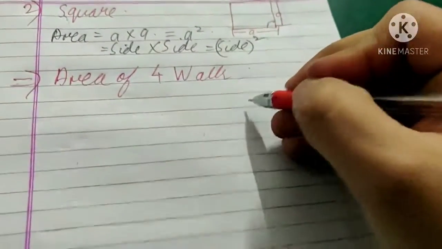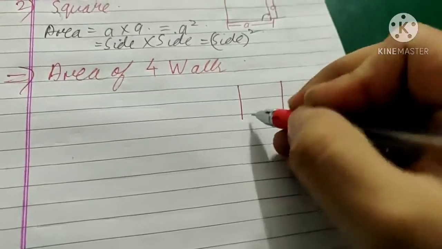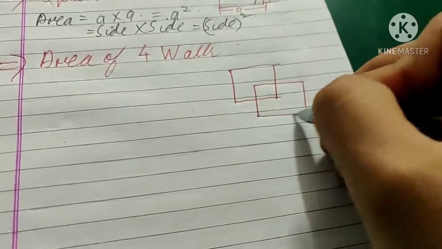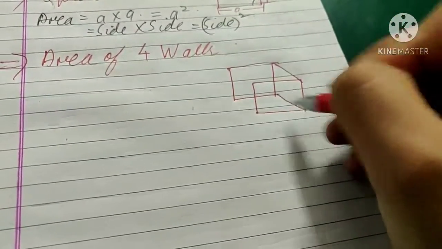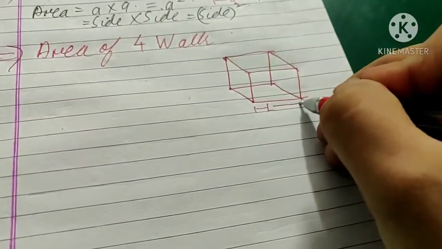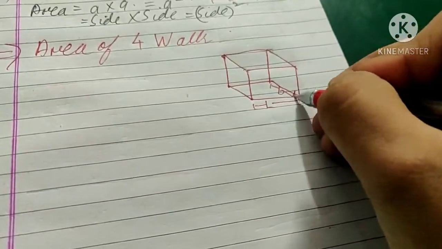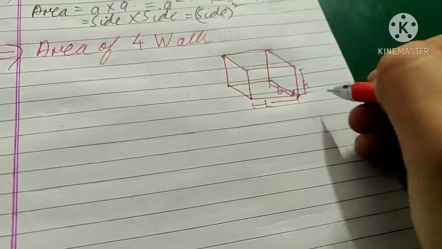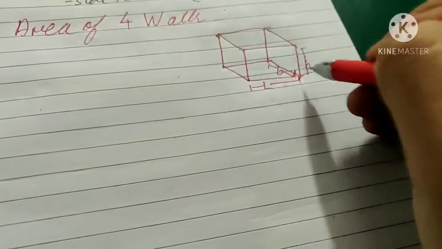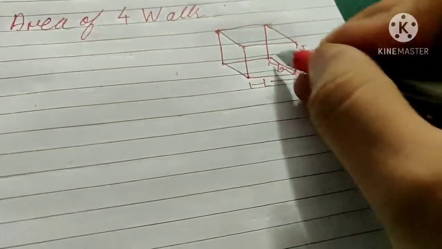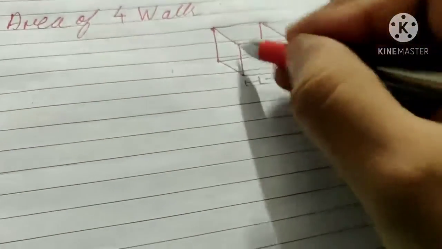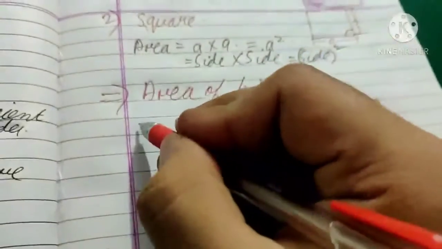You can say a room is a type of such figure that I am constructing, a box, where this is length, this is breadth and this is height. You have to calculate the area of 4 walls. Look, length of the room, breadth of the room and height of the room. You have to calculate the area of the front wall, side wall, back wall and this side wall, 4 walls. So this will be equal to